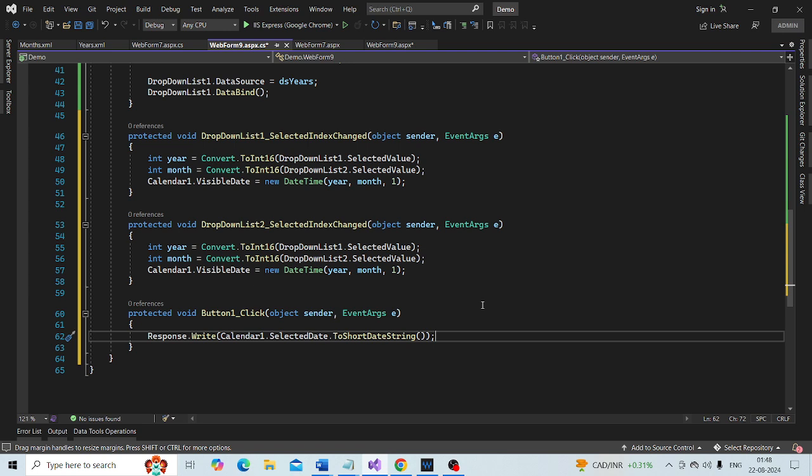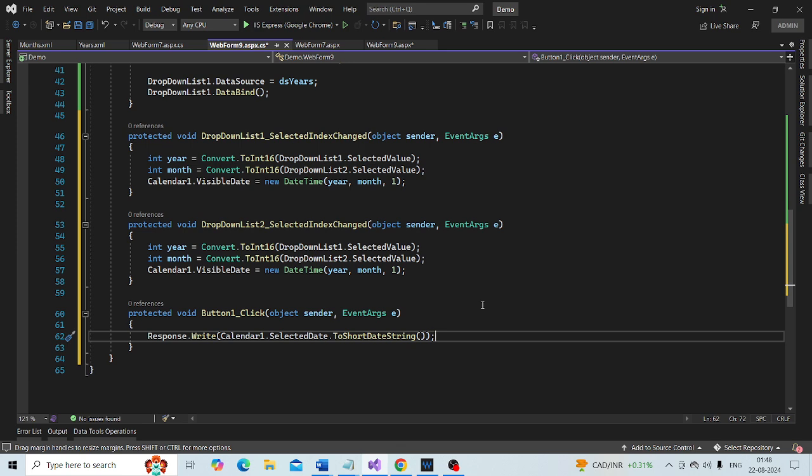I just want the date, I don't need the time. So I am converting it to ToShortDateString.